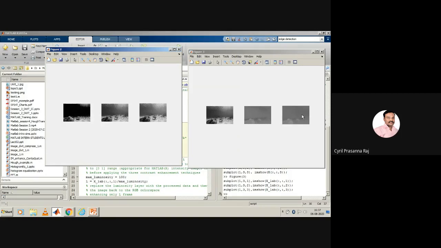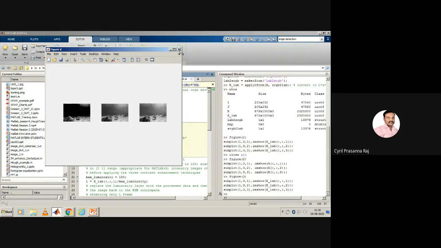That means instead of processing all the images like RGB, we can only process the first image because that is what has all the information. So the processing time will get reduced. If you want to process an RGB image, you have to process R, G, and B independently. But when you convert from RGB to LAB, you can only process the L component, and you can neglect the others because they only give you color information. There are no objects available there. That is the advantage of converting from RGB to LAB. When you start processing LAB images, the processing time gets reduced.